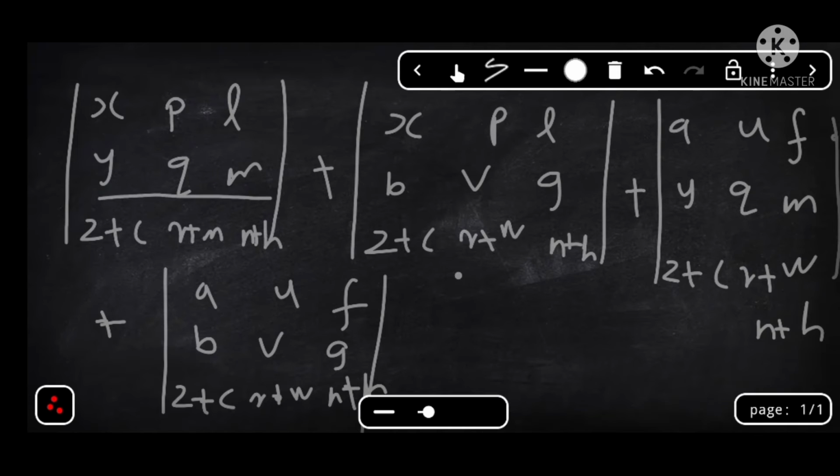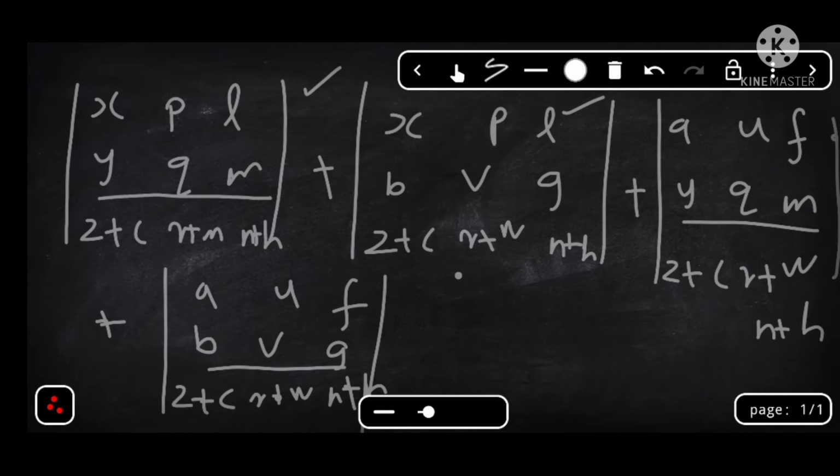Okay, when we split the second row, we already have 2 determinants, right? So in those 2 determinants, if we split the second row of the first determinant, we will get these 2 determinants, and we have one more determinant, that is this one. So again in that determinant also we are splitting the second row. Okay, so we'll get the other 2 determinants. So in total we have 4 determinants right now.